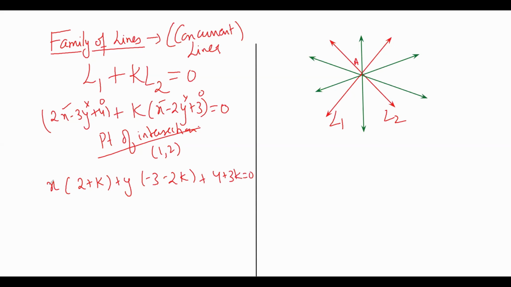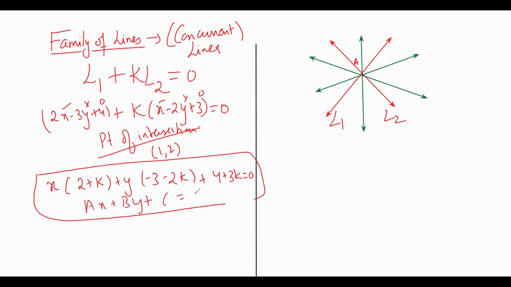What we concluded from here is that this again comes out to be a linear equation, in the form ax + by + c = 0. And for different values of k, according to the question, you get different green lines. You can find k by following the given condition in the question, and by putting that value here, you get the different green lines of this diagram. So this is what a family of lines is.